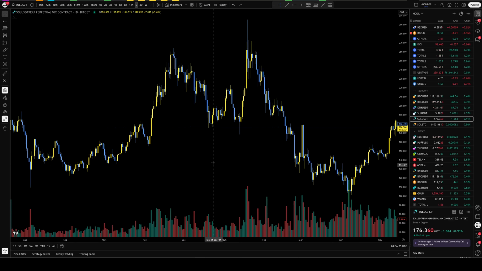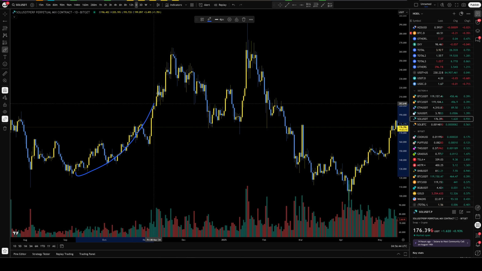Hey everyone, I've been asked to put together a video on fib scalping. So first things first, let's talk about what represents the front side and the back side of price ranging. As an example, right here as price is moving up, broadly speaking, this is the front side of